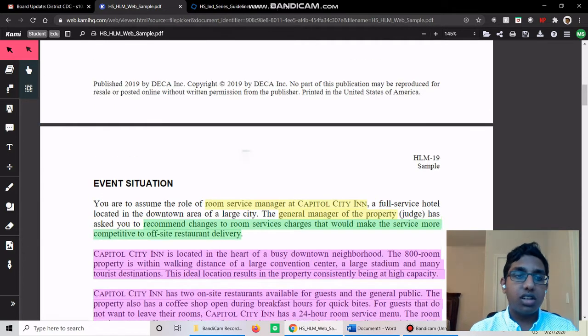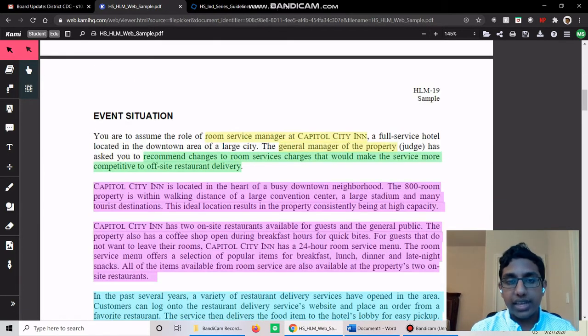So the first thing we need to talk about, though, is what room service actually is. What does it entail? Room service is the idea of the 24-hour meal service provided by the hotel, where we can provide meals to the residents of the hotel, to their rooms, absolutely making sure they have the most convenience possible, because that's the core of room service. The idea is to make it as easy as possible for the people who stay at the hotel to get the food. However, the food service